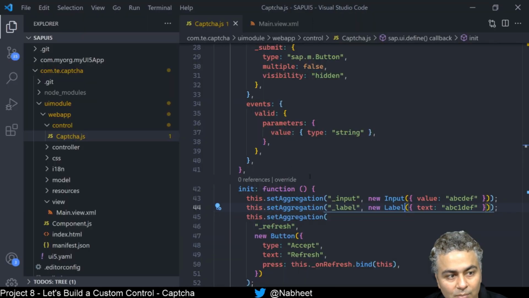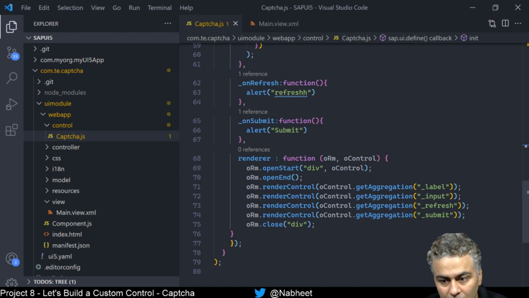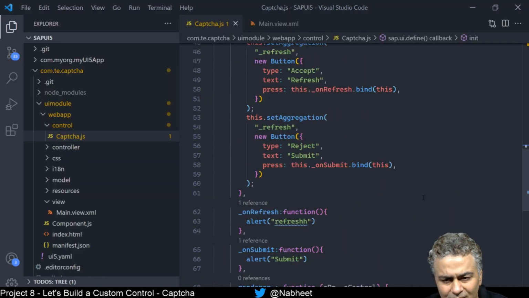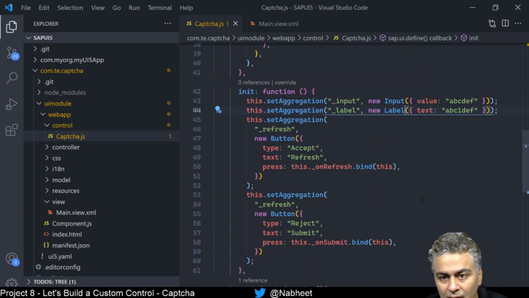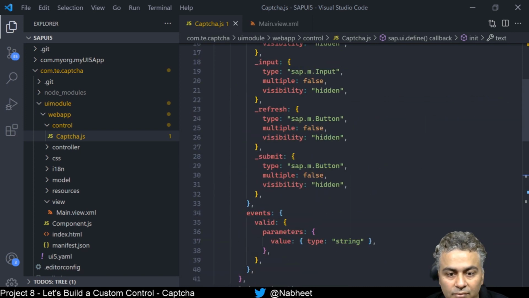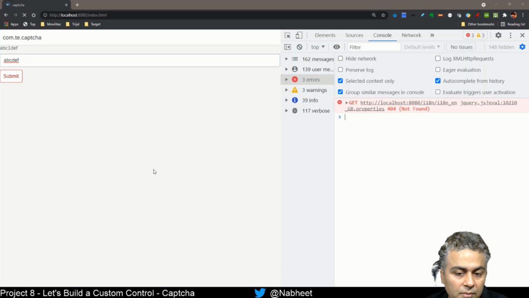So submit is there in red, but why is our refresh not there? Why is submit in red? Because we have defined it as except, this is reject, right? And underscore refresh as okay, you see the mistake. We have only defined for refresh, we haven't defined for submit. It's again copy paste. So I just say submit, and